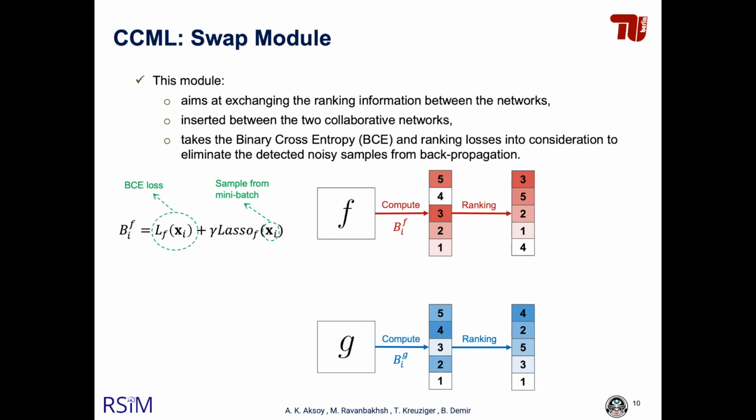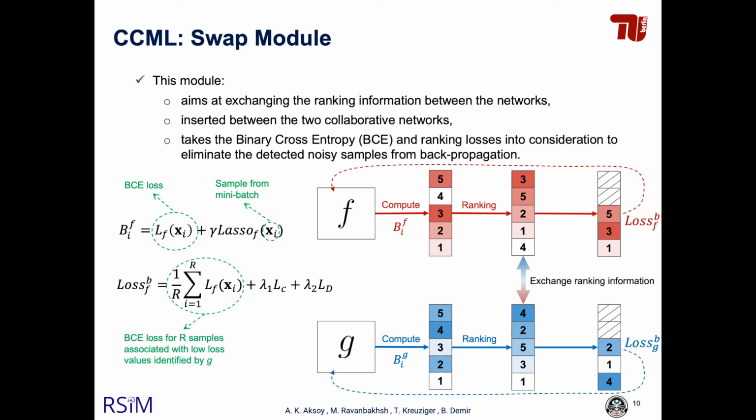Another important module in our CCML is the swap module, which aims at exchanging ranking information between the two networks. The swap module uses the group Lasso ranking information and binary cross-entropy loss to eliminate the detected noisy labels from backpropagation and exchange this information between the two networks. In detail, the swap module adds binary cross-entropy and ranking loss values for all the samples in the mini batch,